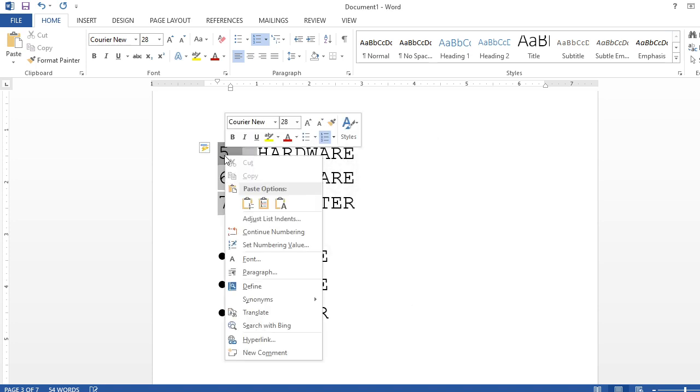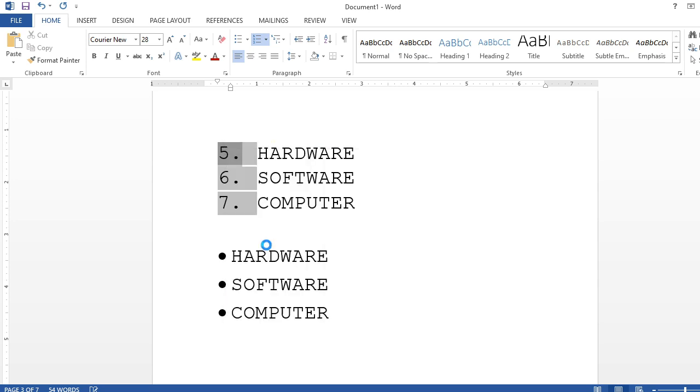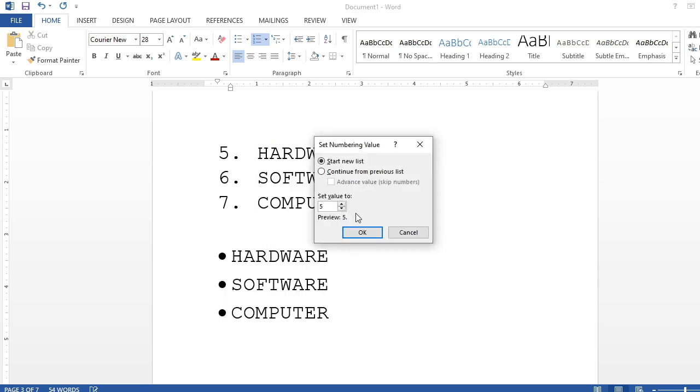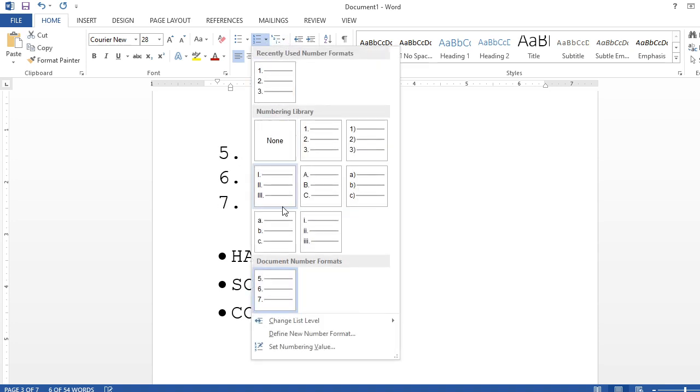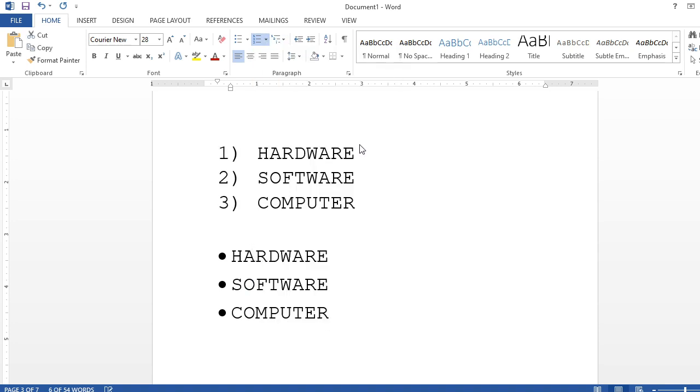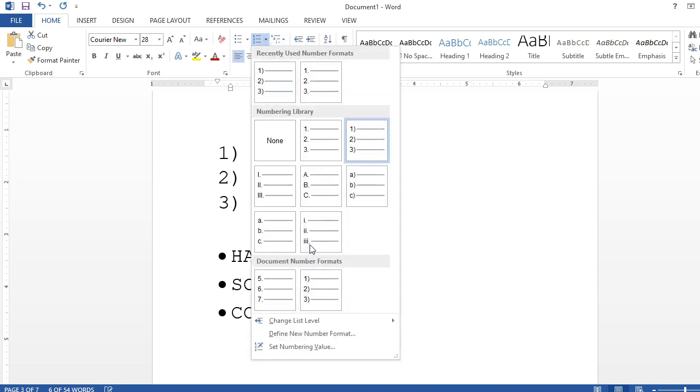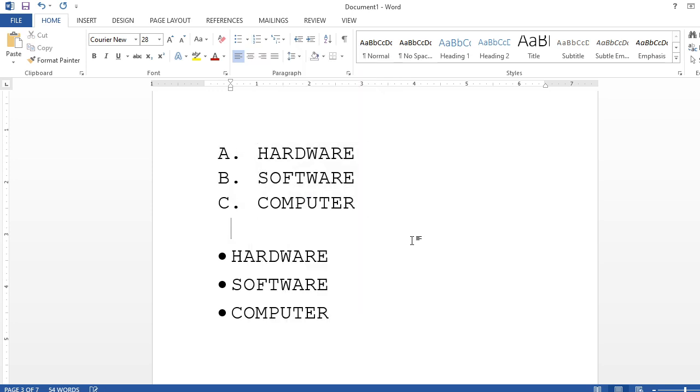Okay, I want A, B, C, D, something like that here. Then again you go here in numbering value, understand, and then again I think you select this. Okay, then again here you go, you can have a better choice. Check it out, 1, 2, 3, 4. Again you go here, again you can have Roman numerals, 1, 2, 3, 4, capital A, B, C, D, like that. So this is some sort of listing in an ordered list, right?